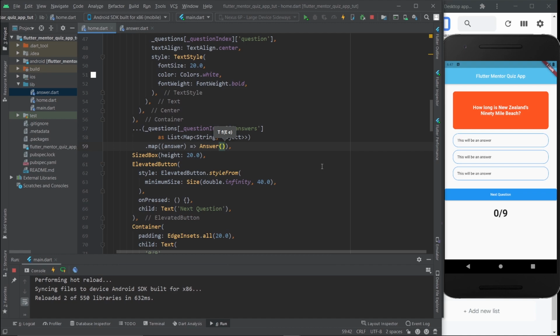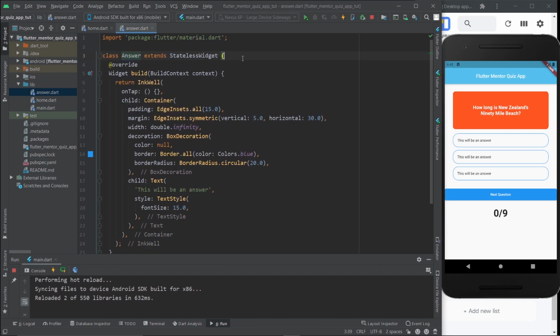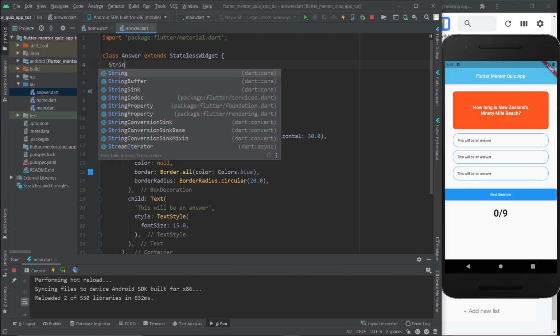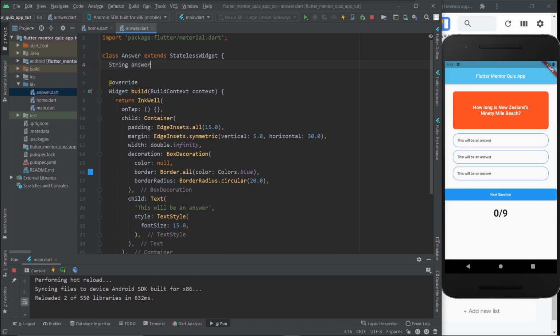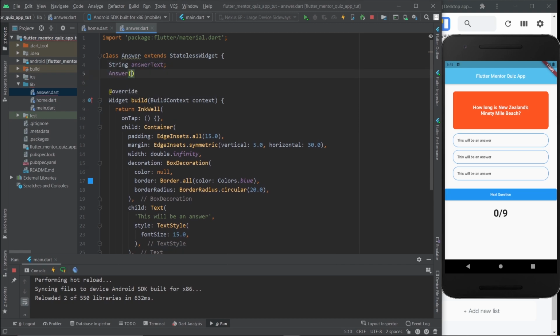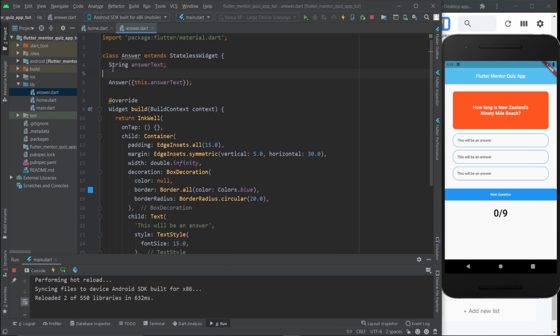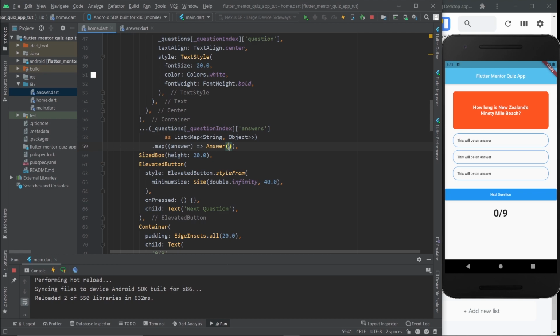Of course, we went through all this trouble and we're still in the same stage where all of the answers are the same, but now it's much easier to fix this. So the first thing I'm gonna do is come over here, and we need to create a string variable. I'm gonna call it answerText because, you know, it's the text of the answer. Then let's use the constructor. I'm gonna use named parameters, and of course this.answerText. And of course I forgot to type in the final. Now we can come over here and use that in the constructor right here, answerText. And let me just put in this comma right here.